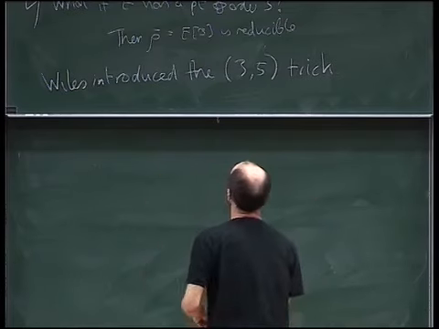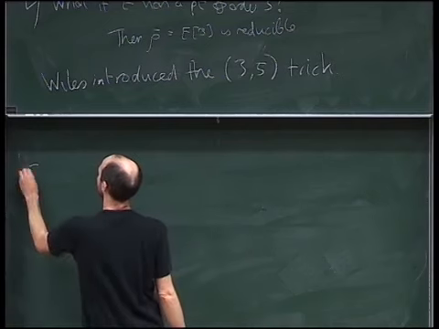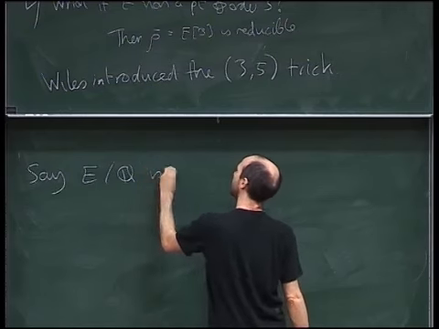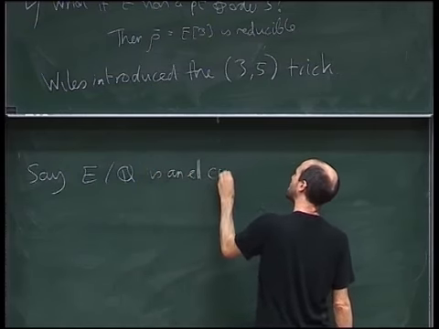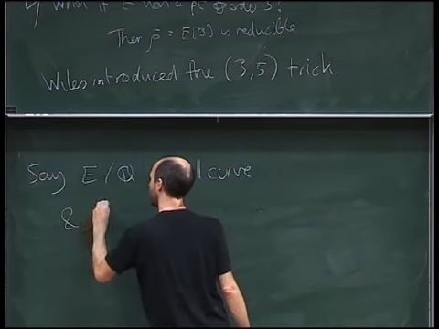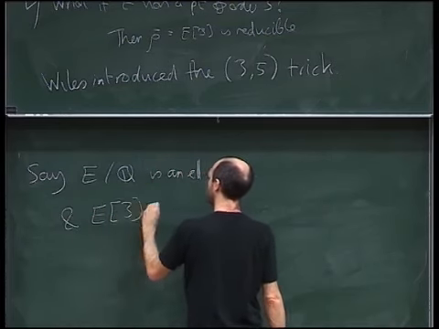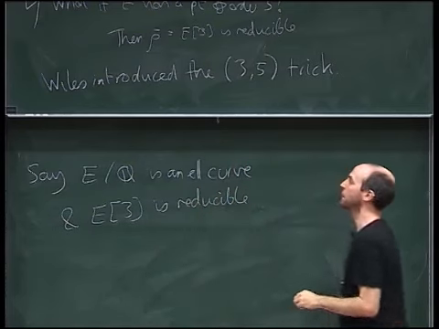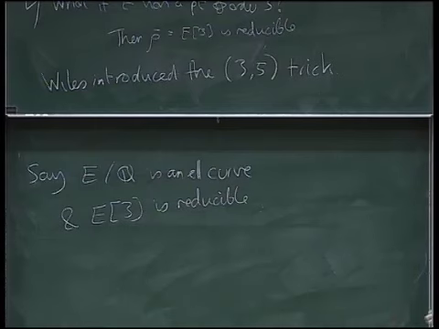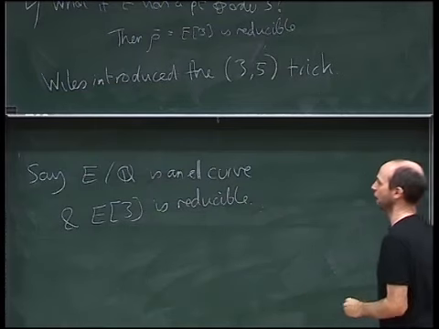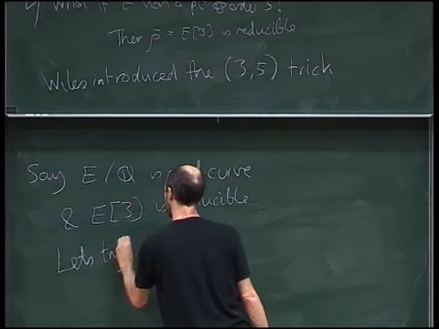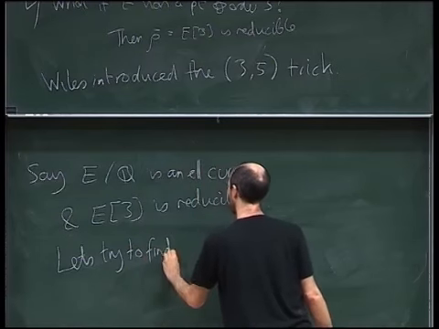So here's the 3-5 trick. Say E is some elliptic curve over Q, and E[3] is reducible as a Galois representation of Gal(Q bar over Q). How are we going to prove that E is modular? Let's try to find another elliptic curve,